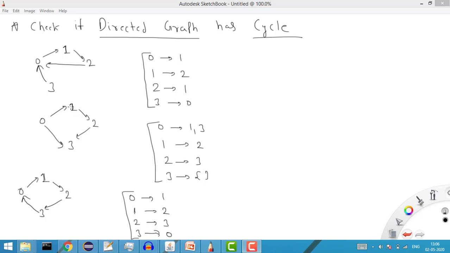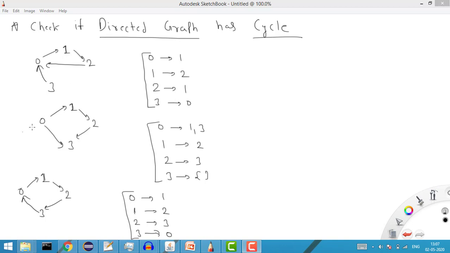So cycle means that for a particular point, if you start from here and reach the same point again, then we can say there is a cycle. Like if you see from here, from 0 if I start, then I will again reach here, so it means there is a cycle. Same case if you take this one, if I start from 1, I can again reach 1, so it means there is a cycle. So the point is that we need to check every point, whether there is any cycle from any given point, and if there is, then we'll say a cycle exists in the graph.